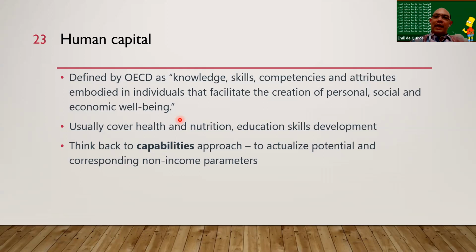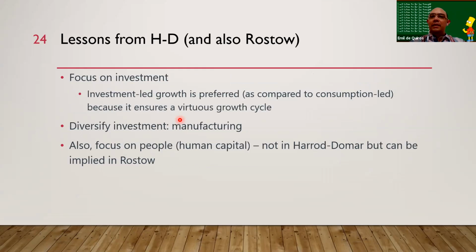Okay? So again, if you want to add to what Harrod-Domar was saying, just to recap, and Rostow as well, to summarize the two models and add to their weaknesses. What's good, the lesson here, is that they focus on investment. The basic economic computation of GDP is C plus I plus G plus NX. If you increase any of the elements, the C or the I or the G or the NX, it will increase the pie.